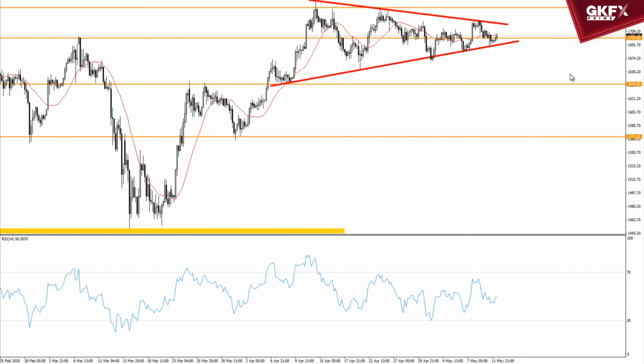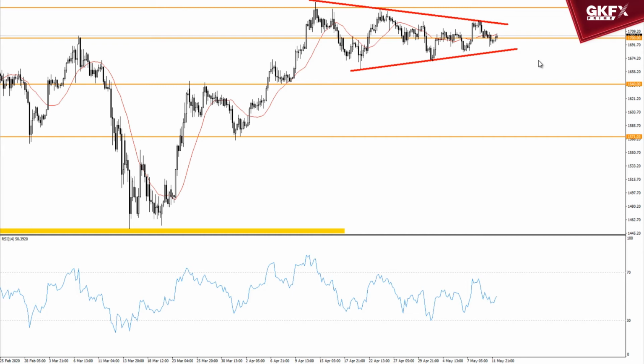It's actually getting a little bit too far into the end of the triangle for this to be a success. You really would have wanted this breakout to follow through to the top side, or this breakdown to follow through on the downside, for this triangle to really work. You could maybe pull it down a bit to be a bit more conservative. Maybe even use this peak through here, something like this, and then maybe you've got a bit more room in the triangle left.